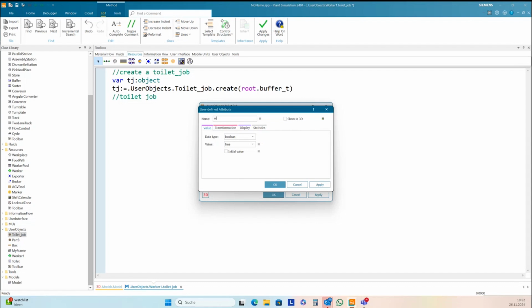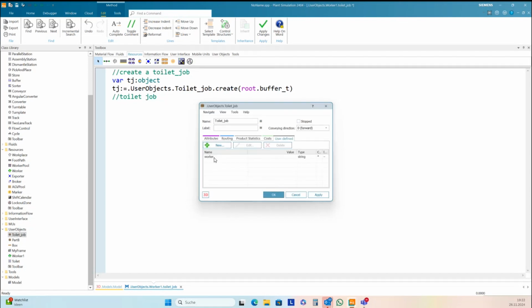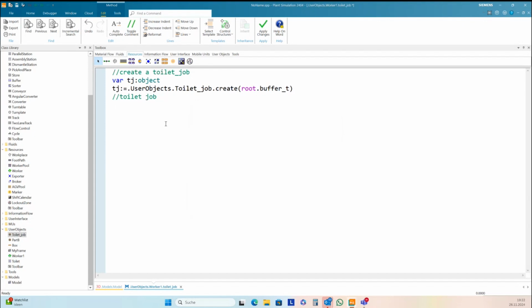I name it worker, and it should be only a string. This is a user-defined attribute in the toilet job. And to order the right worker, I need its name.